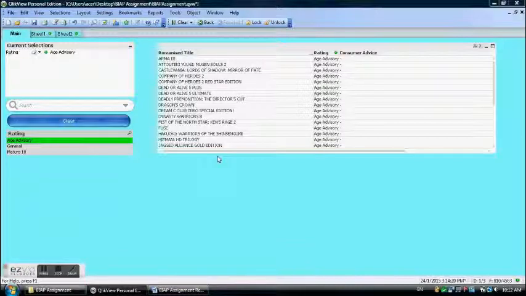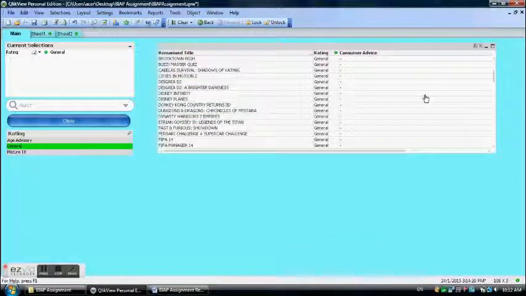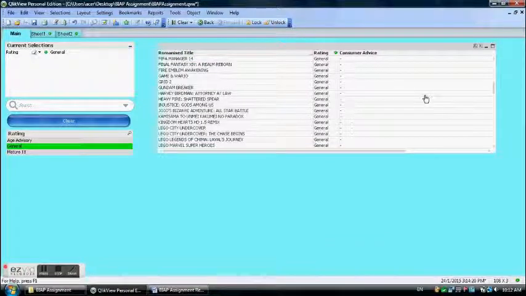If we want to find out what is age appropriate for parents to allow their children to play the game, we can click on general, which will only display all the general games available on the list, and also any other consumer advice for the parents concerned. So, moving on to the next,